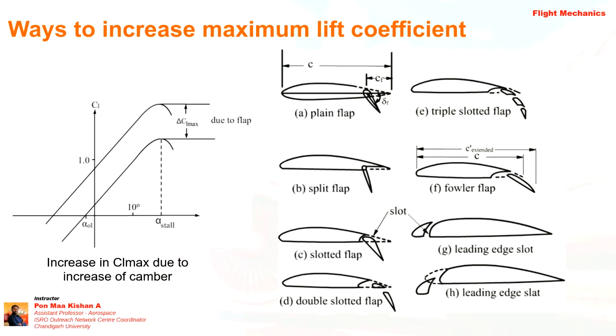By changing the chord, correspondingly the camber will also change, because the distance between the camber line and chord line is given as camber. So by changing the camber, the lift can also be increased, but there is a deflection limit. Okay, I have shown you nearly 8 types of flaps as well as slats, right? Slat. So depending upon the deflection factor, the lift generation varies.